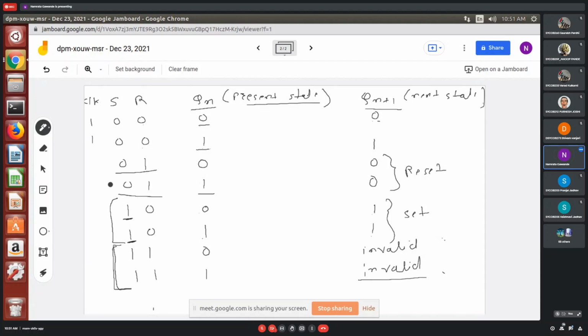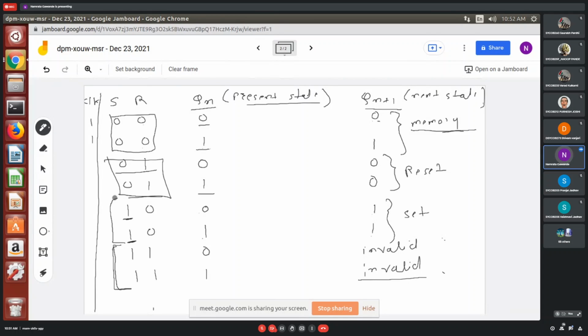So here you can see this truth table. This is the detailed truth table where the present states are also considered, so the same output you will get. And this is nothing but the reduced form of this truth table. Here you can see for 0, 0, what are we getting? Memory.